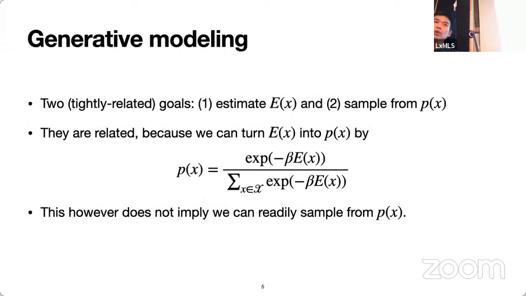Because once we know how to compute or assign the energy values to the valid configurations, then we can always turn this score function into a distribution using what we often refer to as a Boltzmann-Gibbs formulation, or more often these days just softmax. Now that said, this does not actually imply that we can readily sample from this distribution defined using the softmax, using the score function coming out of these generative models. But if we try, we probably could to a certain degree.